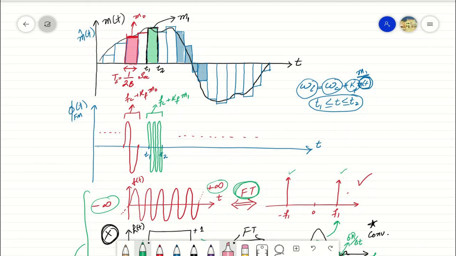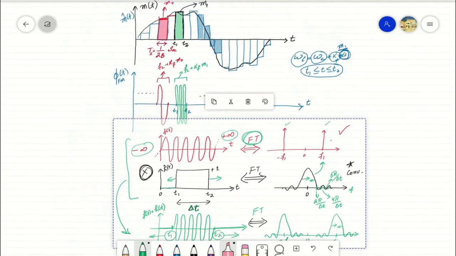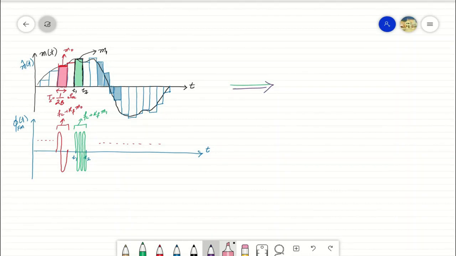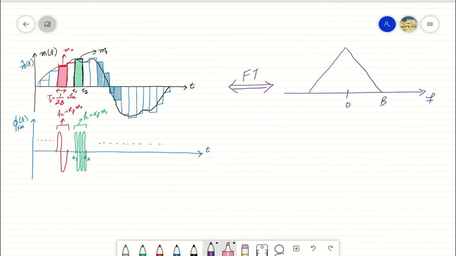By applying this conclusion on the time domain frequency modulated signals, we can obtain its Fourier transform as the sum of Fourier transforms of these sinusoid pulses corresponding to each block which has a limited amplitude within the span of that block. So the Fourier transform of these signals can be seen as, for example, the information signal is a baseband signal, so it can be referred as limited in the bandwidth and composed of low frequencies, for example from the band 0 to B Hz, while in terms of radians per second it can be referred as the band from 0 to 2 pi B radians per second.